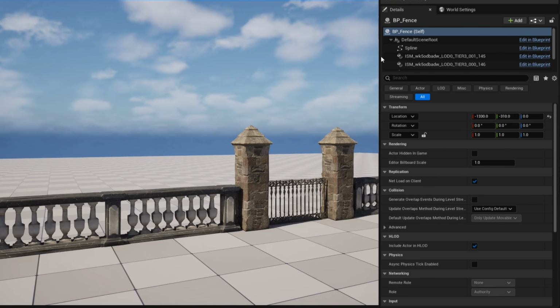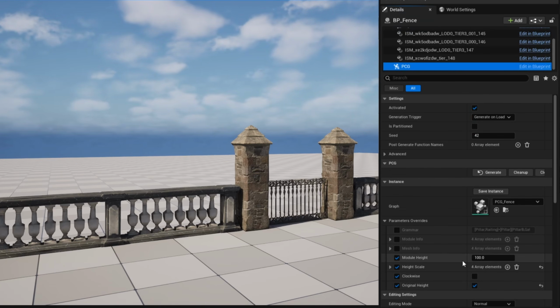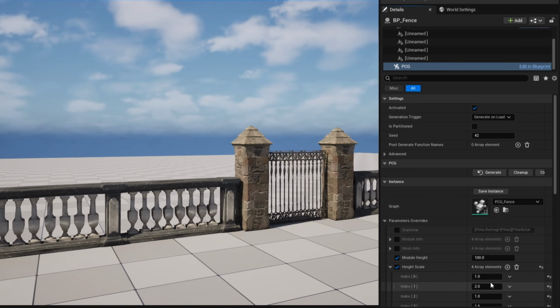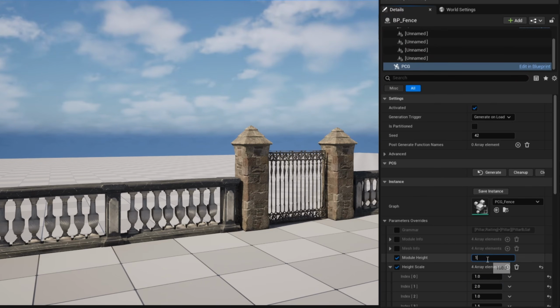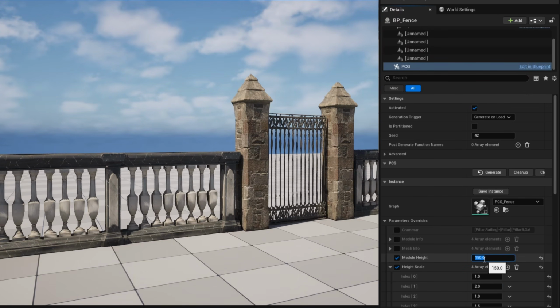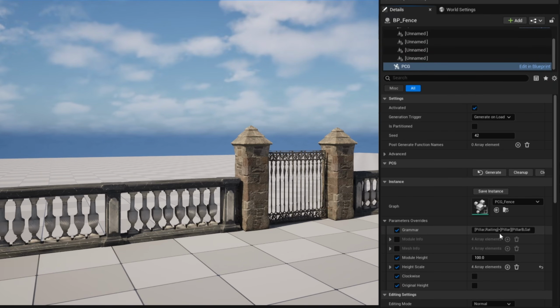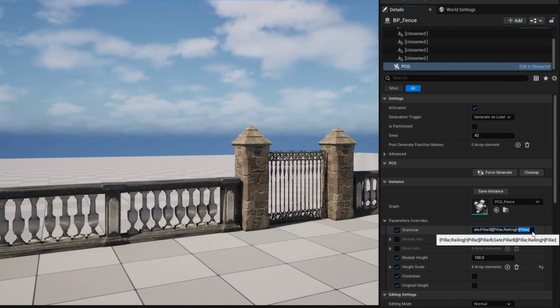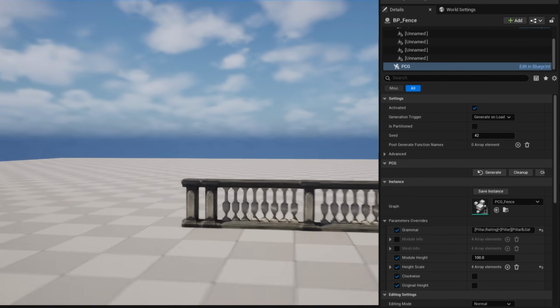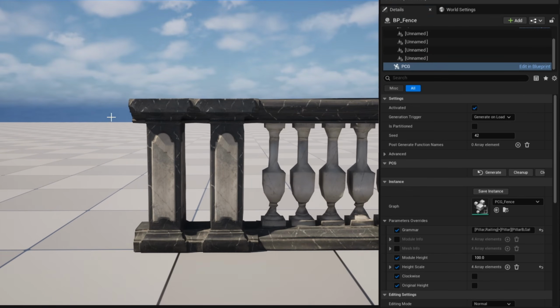But the main thing is we now have a grammar spline where we can have it be the original height, be a custom height, control the scale for every individual one if we want it to be custom, scale the entire thing up or down, whatever we'd like, flip the direction, and if we want to, we can even change the grammar. Or I could say, you know what, actually, I want 2 pillars at the end, and now you'll see it automatically updates to be 2 pillars at the end. So as you can see, Grammar is extremely powerful,